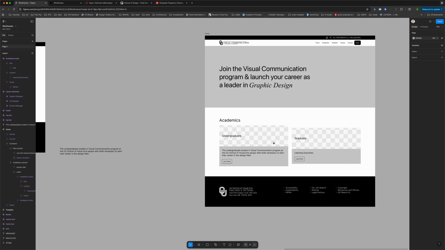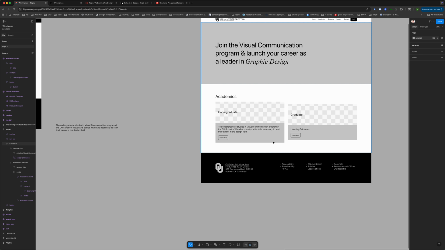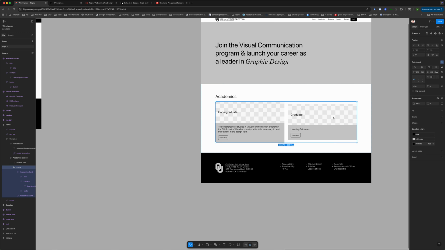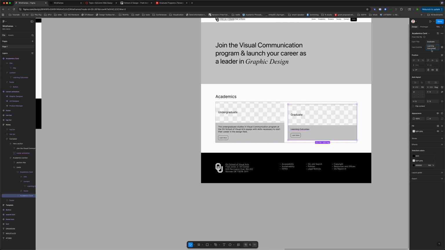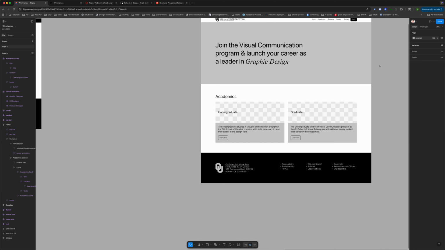I mean, this is just the wireframe, right? So let's keep it like that. Okay. So for graduate, I'm going to say graduate and learning outcomes. I'm going to paste the same, the graduate individual, the graduate studies,